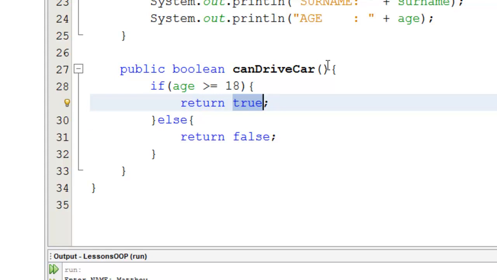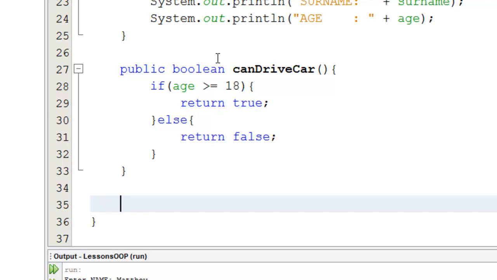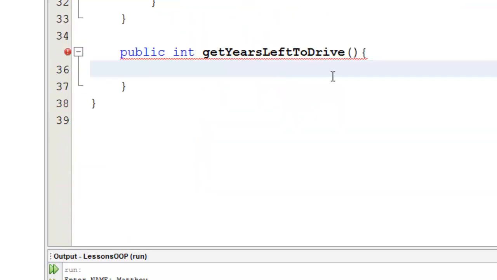Let us write another method with a return data type. In this case, I am going to write a method which would give me the number of years left for this particular person to drive a car. Now, as number of years is an integer, I am going to return an integer here, getYearsLeftToDrive, and